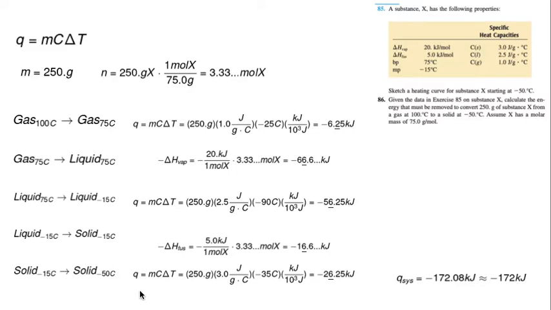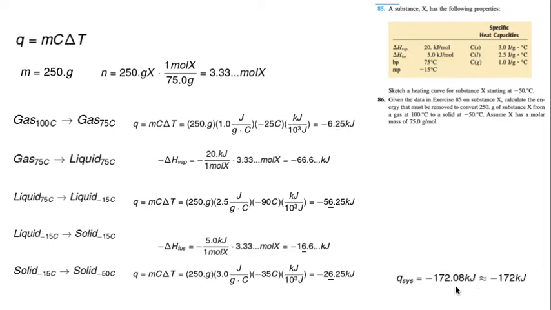And finally, our last calculation, using mc delta T, the mass, again, 250 grams, times the heat capacity of the solid, times the change in temperature, since negative 50 minus negative 15 gives us negative 35, and then converting to kilojoules, negative 26.25 kilojoules. So the last part is to add all of these values together, and here we get